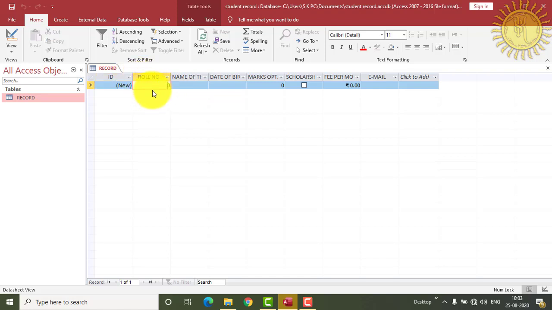Now here we will start entering the data. First there is roll number, so we will type the first roll number, then press the tab button and it will move to the next, and here we will type the name.